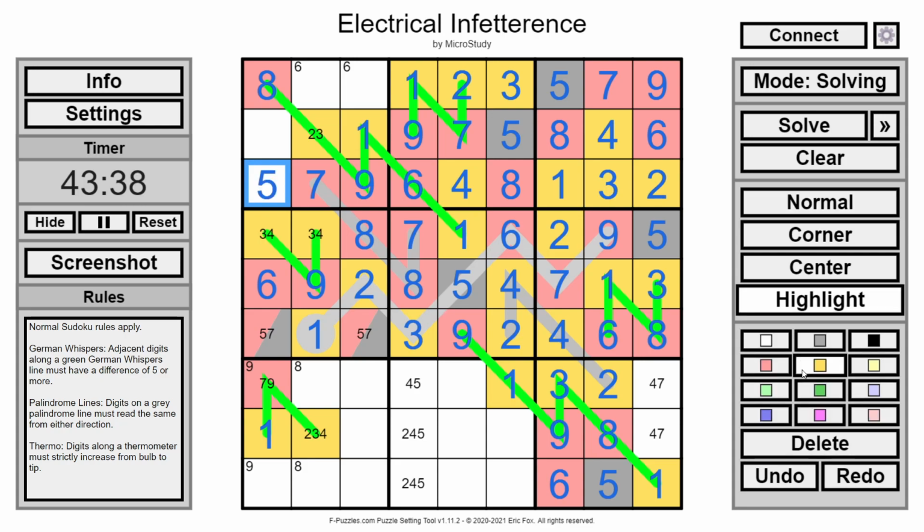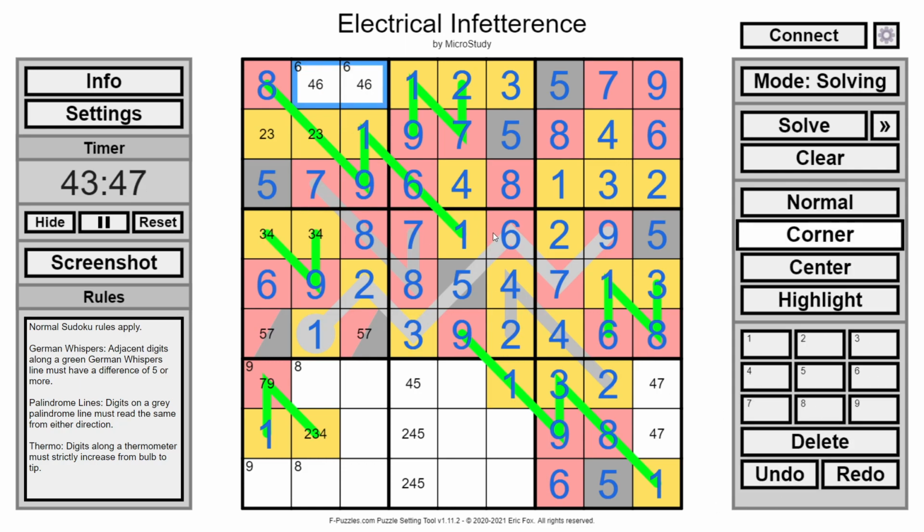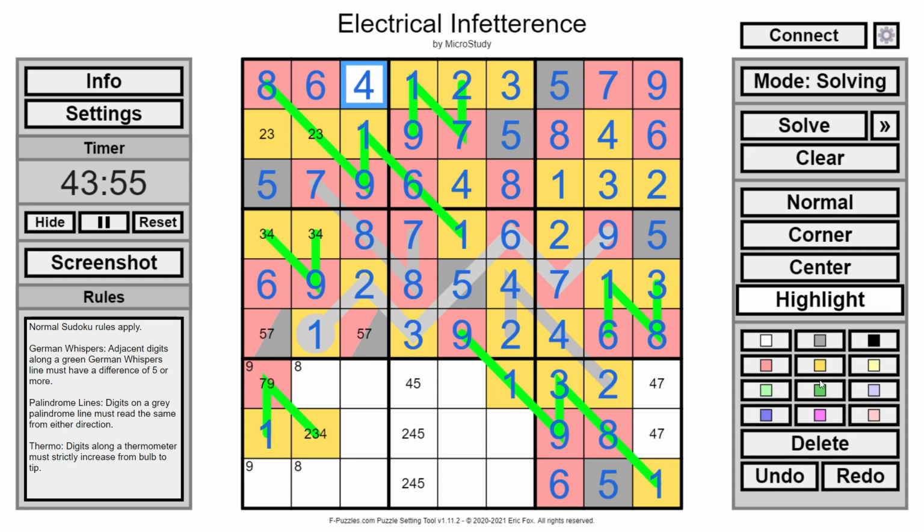This is a 5. This is a 2 or a 3. This is a 6 or a 4. Whoops, wrong buttons there. 6 or a 4. Don't know anything about either, unfortunately. Oh wait, no, we have a 2, 3, 4 triple there, so this is a 6, 4. Okay,